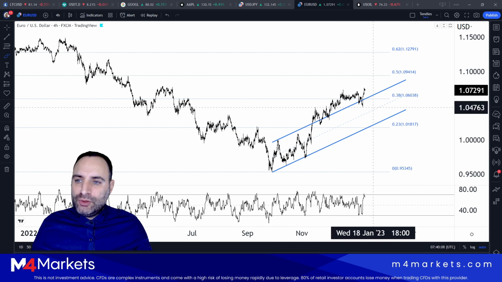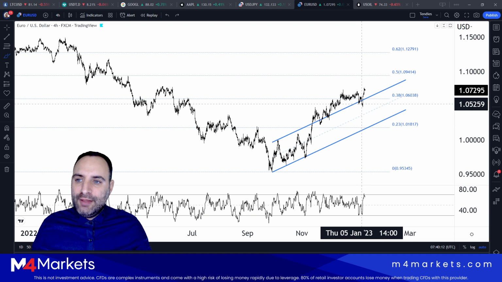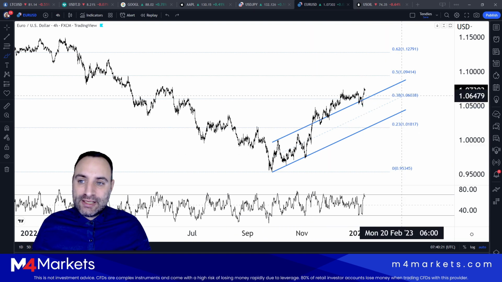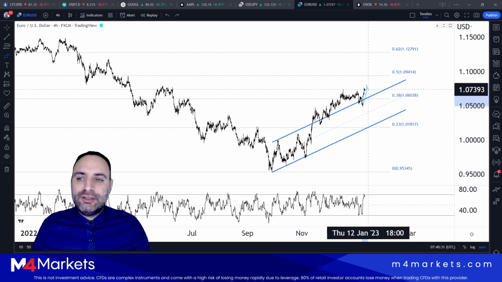We are returning to the Euro Dollar because we have been expecting a correction here, and this correction came and failed to go down to the median line of this upside channel, which of course means that it's guiding us to the upside because the trend remains to the upside. But the interesting thing is that we've broken with force above this channel, and we are entering into an accelerated